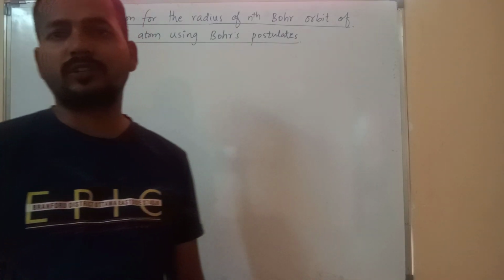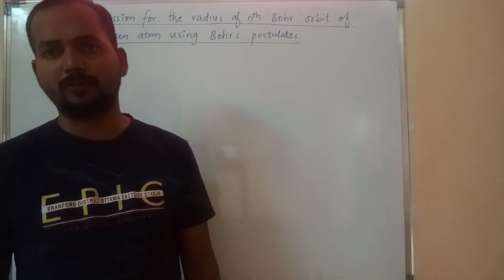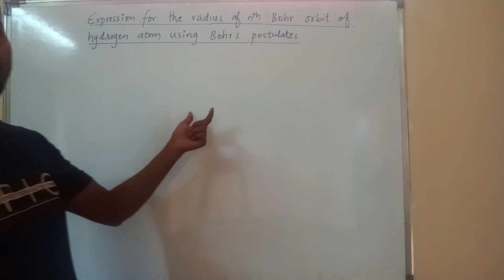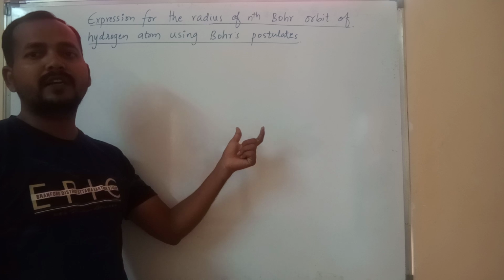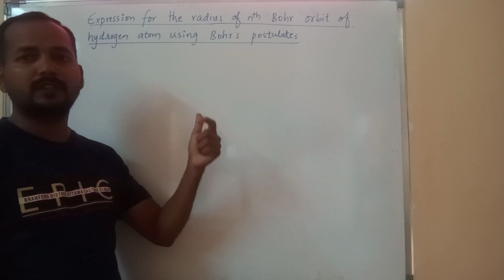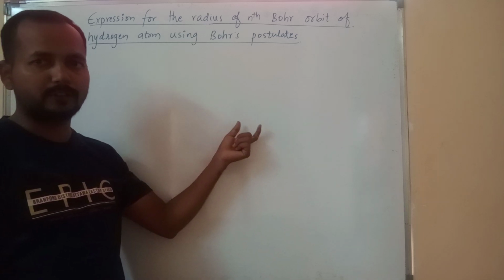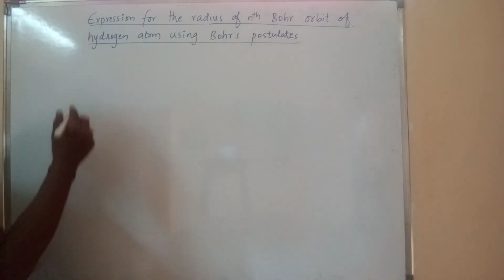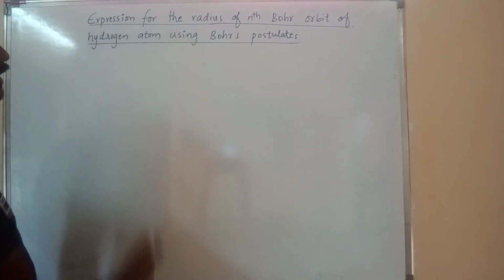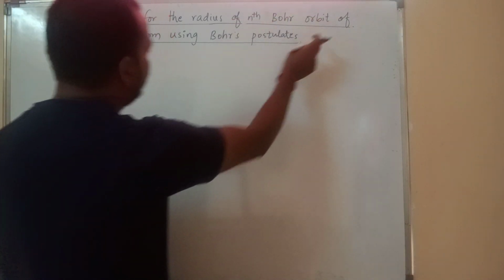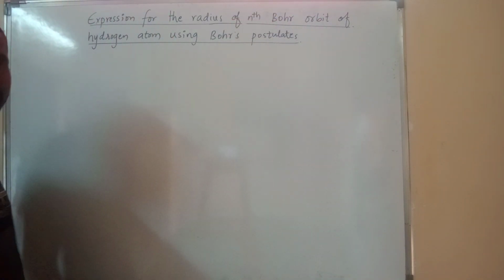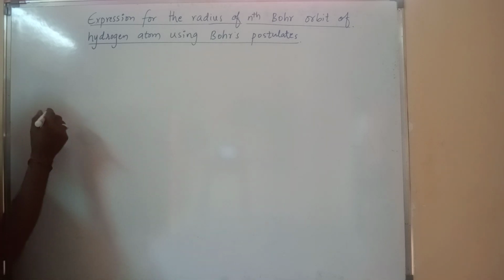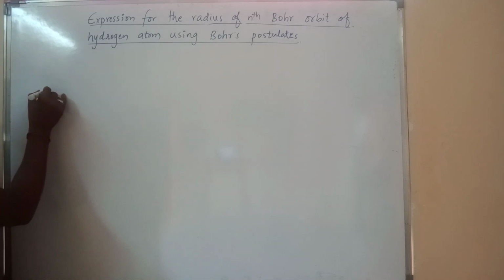Yes, Rutherford could not find the radius of the orbit, but Bohr's atomic model was able to find the radius of that orbit. Here we are going to find the radius of the first orbit of the hydrogen atom. So to derive the expression for the radius of the nth Bohr orbit of the hydrogen atom using Bohr's postulate, consider the nucleus with a positive charge plus Ze